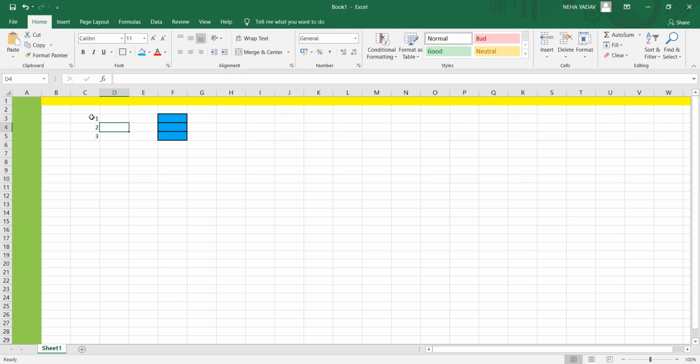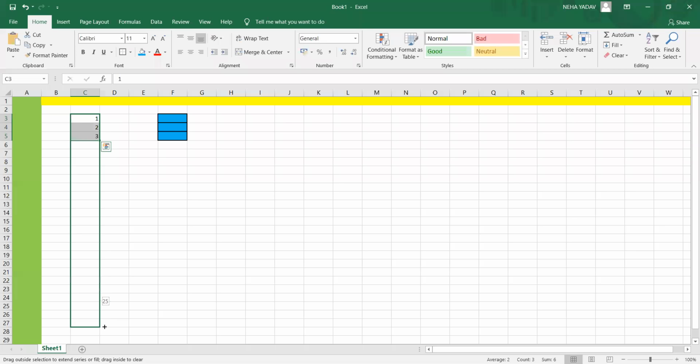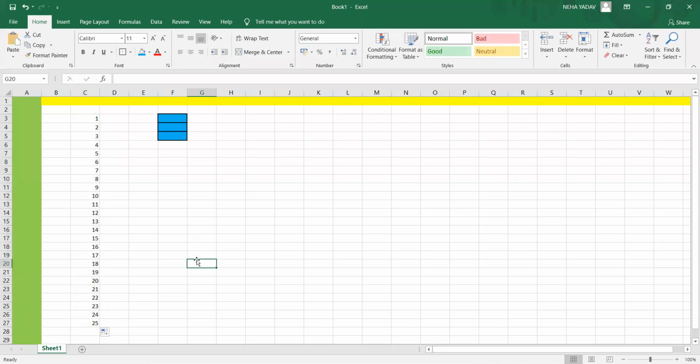I will just select these three, and this plus kind of handle will come here. When this plus handle comes, I need to drag it down to as many numbers as I want. See, it is displaying also on the right hand side. Right now it's 24. So if I have to go till 25, I'll just leave it like this. This is known as autofill. Autofill means you don't have to do it yourself.